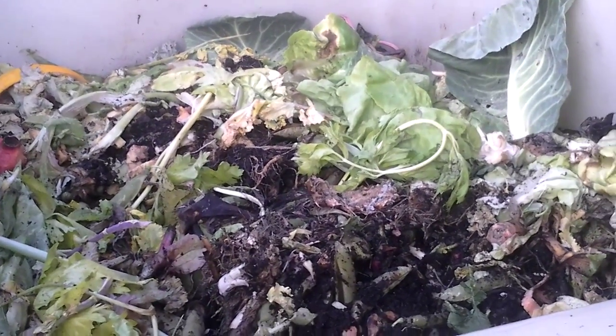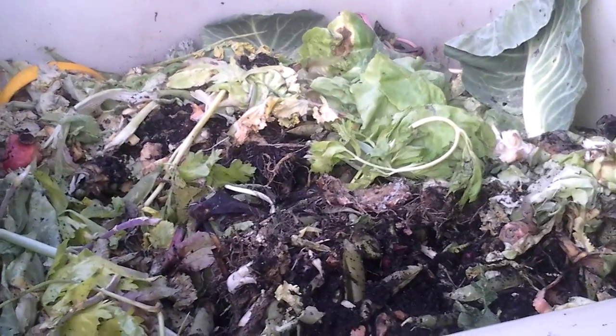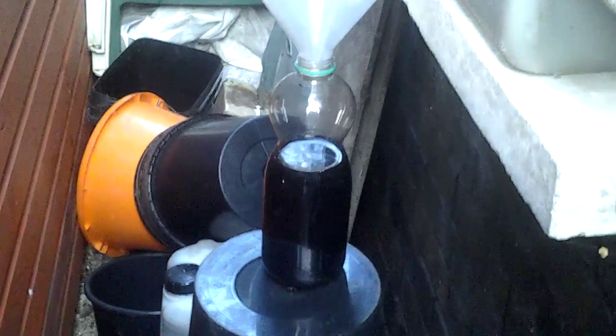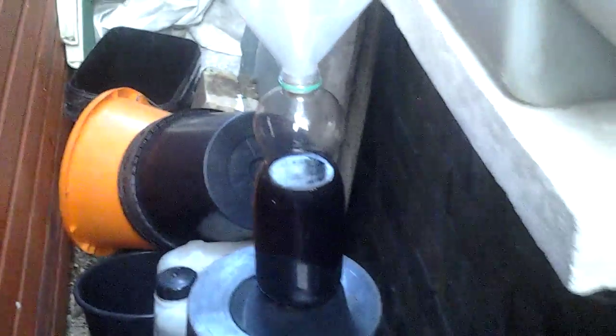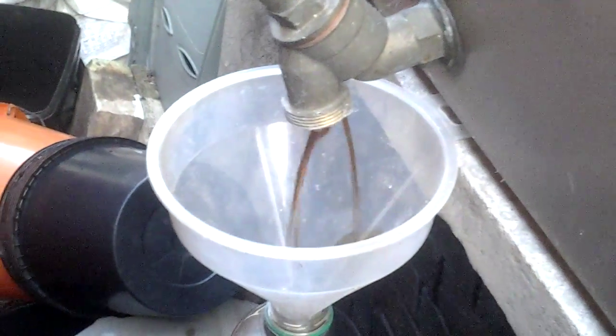Quite surprised actually how well everything's working, and I'm even getting some of the juices, so we'll have a look at that. These juice bottles are a litre. I haven't turned the tap on for a while,